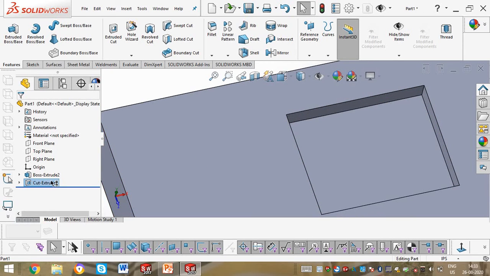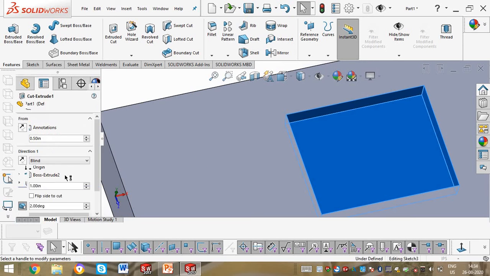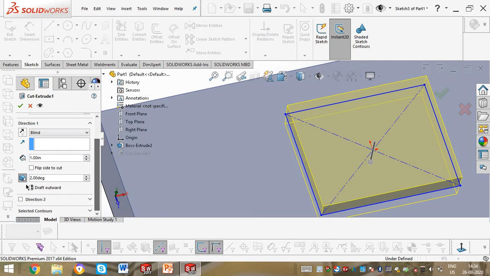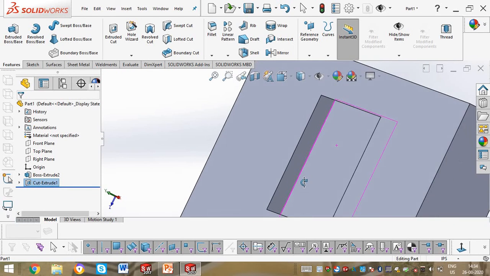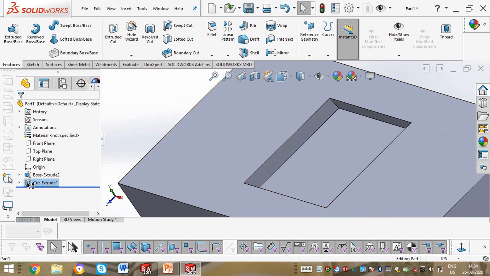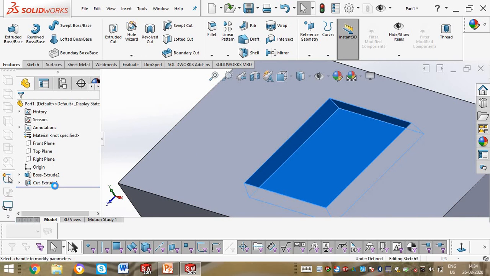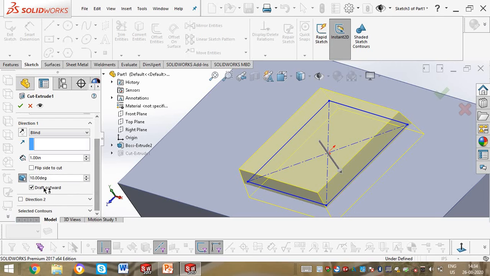You can see this. I will edit this particular thing. Now I will increase this draft angle. If I give it as 5 degree or 10 degree draft outside, can you see this difference? You can edit the feature later as well.